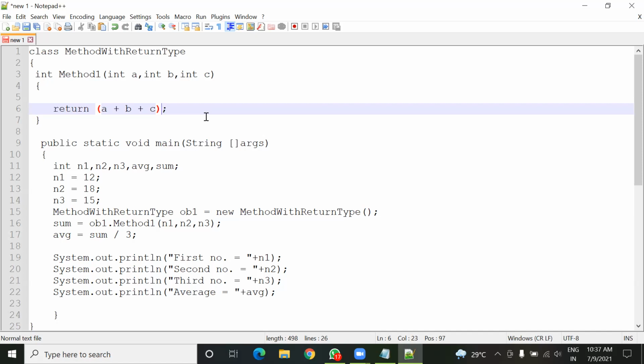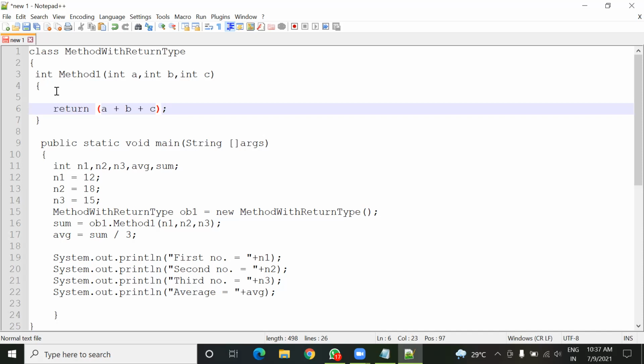Understood? Yes, sir. This can also be done here, but that first option is actually the conventional one. Means first we find the sum of all these variables, store it in the 4th variable, and then return that S variable. That one is the conventional method, and this one is the shortcut method, you can say. Means no need to write those 2 lines, or no need to use the 4th variable.